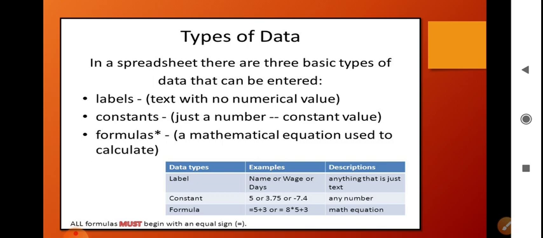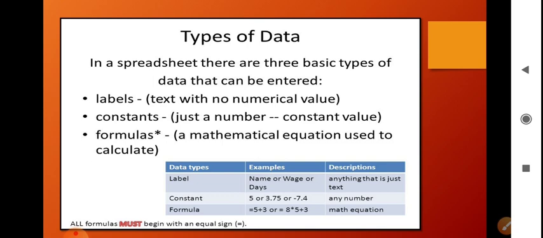Now, in Excel, three types of data can be entered. First is numeric, text, and formulas, which are named as numeric, text, and formulas. Any type of data or a combination of two data types can be used in a worksheet. You can type numeric data only, or only text, or a combination of both, that is numeric and text.